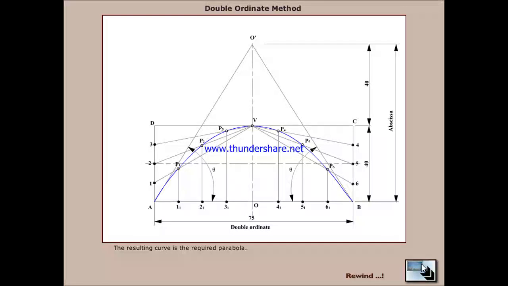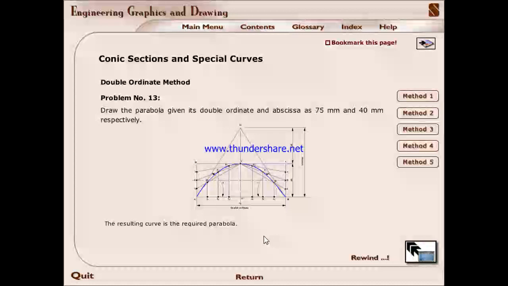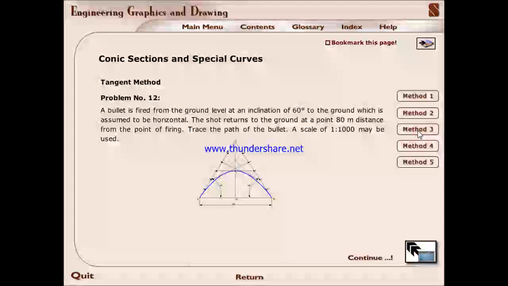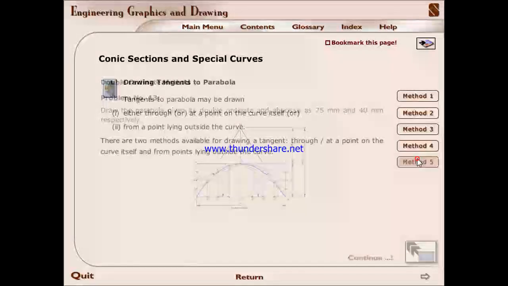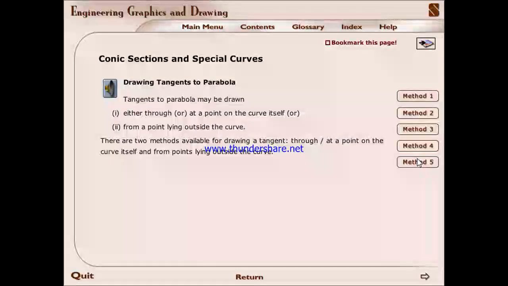This side is abscissa and this is the double ordinate. This is method 4, double ordinate, and method 5,